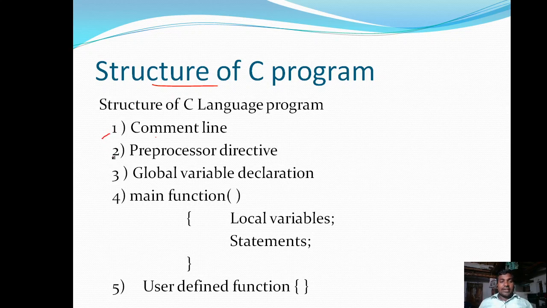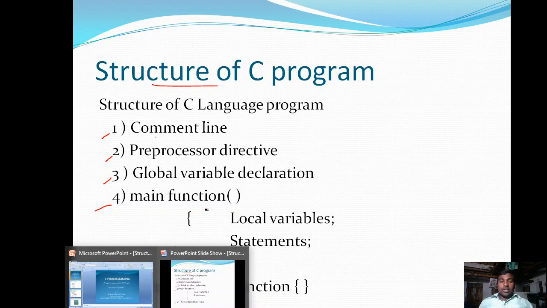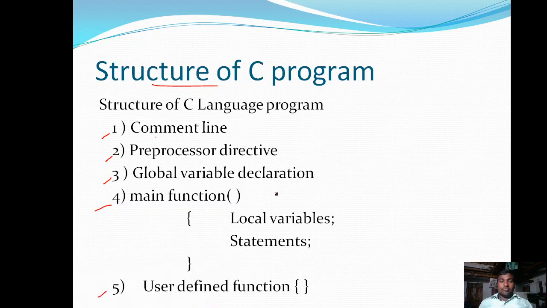One is the comment line, second is preprocessor directives, third is global variable declaration, fourth is the main function section, and fifth and last is the user defined function. Not all are mandatory here. A few are mandatory and a few are not mandatory to write and execute a C program.